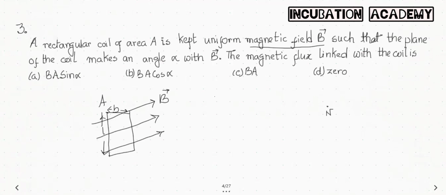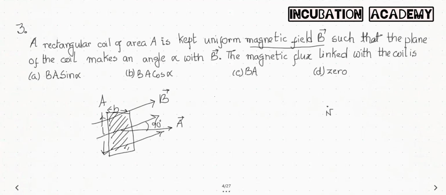Such that the plane of the coil makes an angle alpha. So this is the plane of the coil, and the angle between the plane of the coil and the field is alpha. So this is the area vector. Then the area vector should make the angle 90°